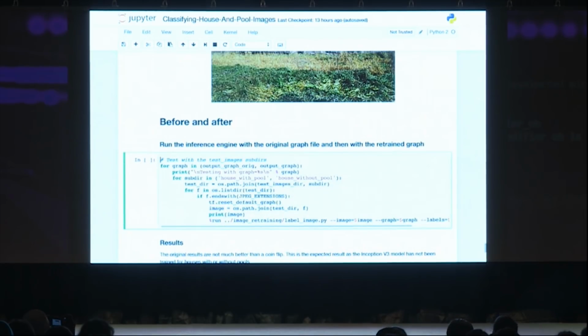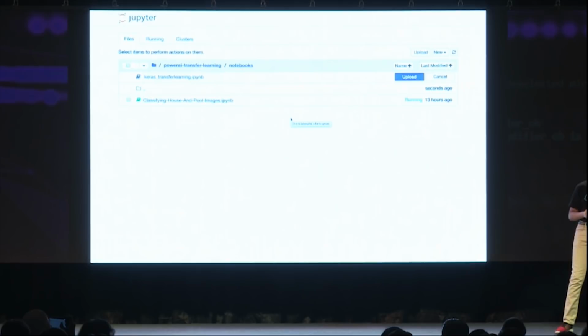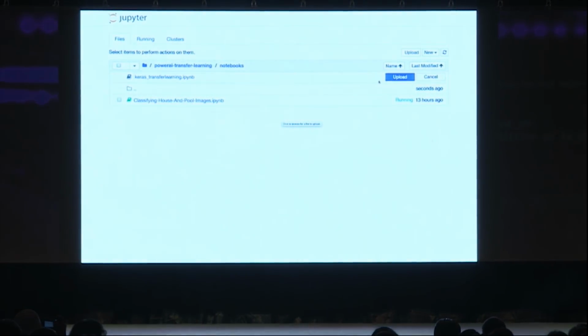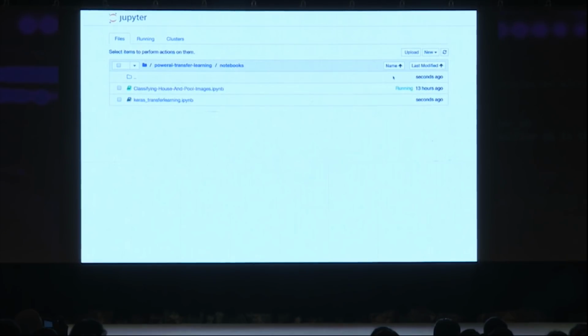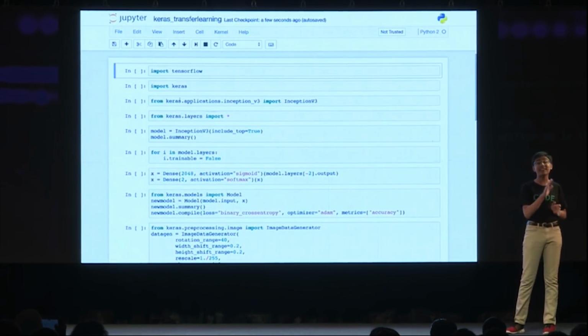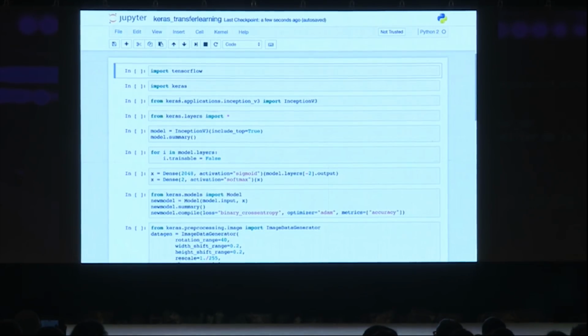All right, so now I'm going to go back over to the Jupyter interface over here, and I'm going to upload a file. This file is the Python notebook that I've already prepared, which is a ported version from TensorFlow to Keras. This took me at maximum 20 minutes to make, and I'm exaggerating that a little bit. If we go into this notebook, as you can see, I was able to take that TensorFlow code and almost line for line translate it into Keras code, which is what I am comfortable with.